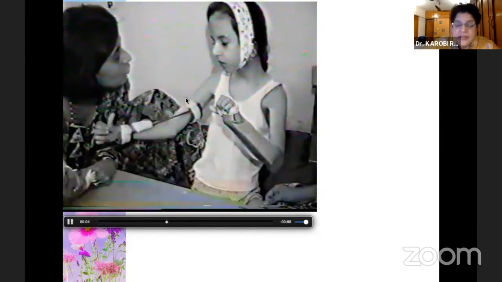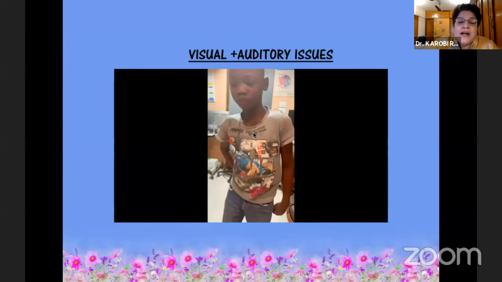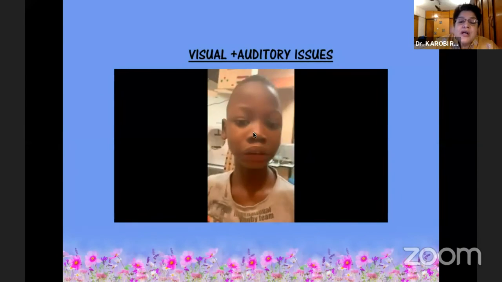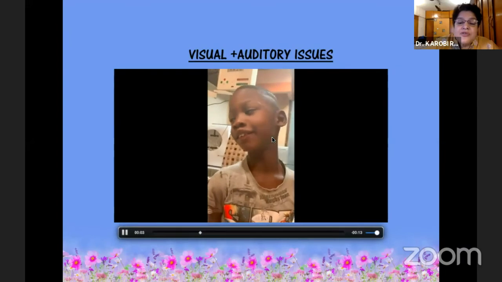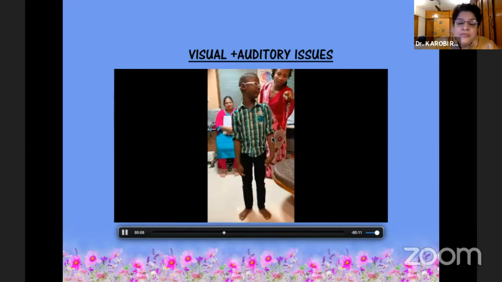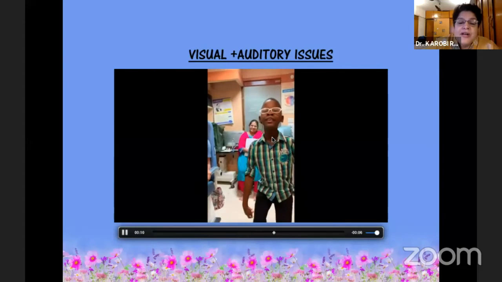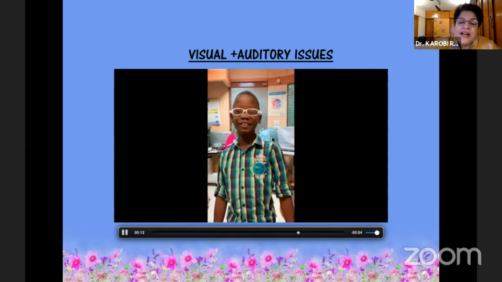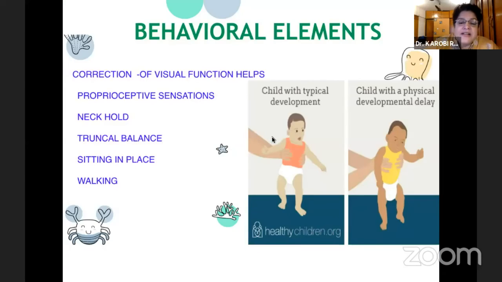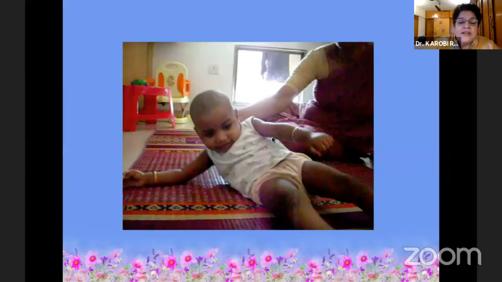This is another autistic child who till 12 years was not given glasses. She was like this. And then see the difference in her once the glasses are given. She looks at an object and tries to hold it. This is another child who had both visual and auditory issues. He used to look at bizarre, odd movements. He was autistic, and once he was given glasses, he became receptive. He came towards me, he bowed, and he went, and he was smiling all the time. So these are all the situations.